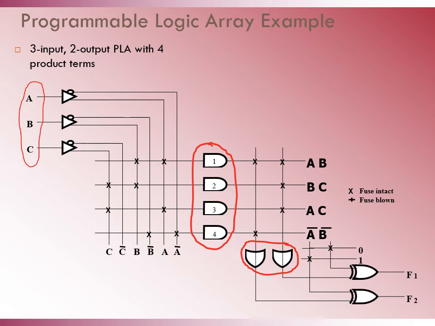Now, the role of the XOR gate comes when we want the output either in its inverted form or in its true form. The output is inverted when the XOR gate's second input is connected to logic 1, since we know that X XOR 1 is equal to X bar. The output does not change when the other input of XOR is connected to logic 0, since we know that X XOR 0 equals X. Now the question arises, what are the equations for F1 and F2? That we see in the next slide.